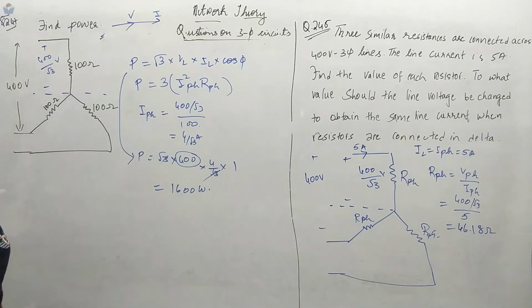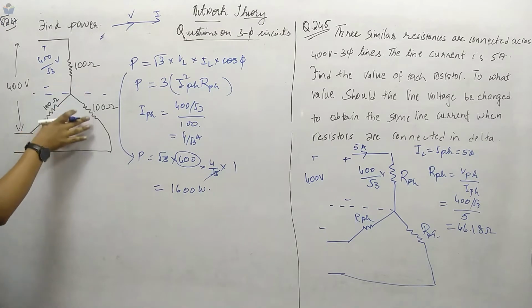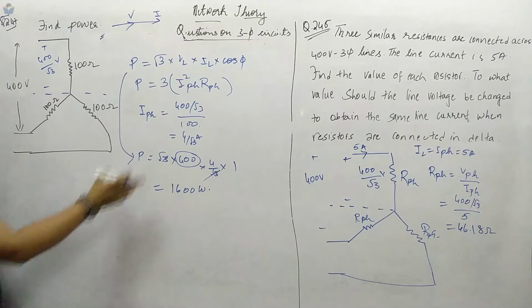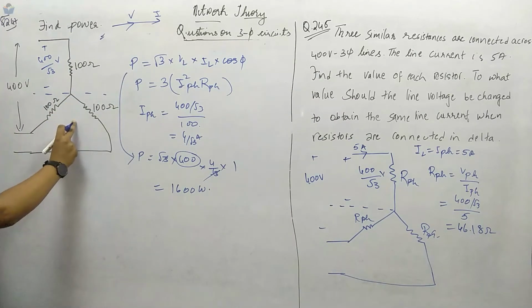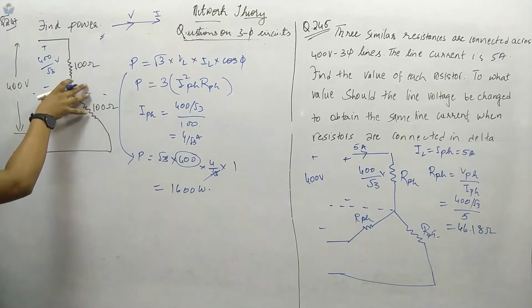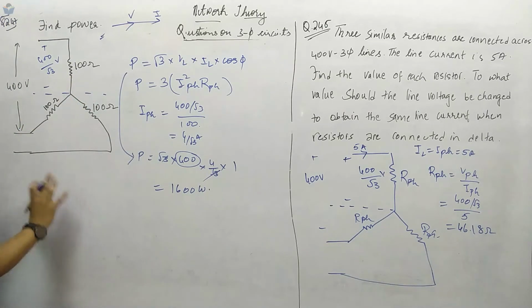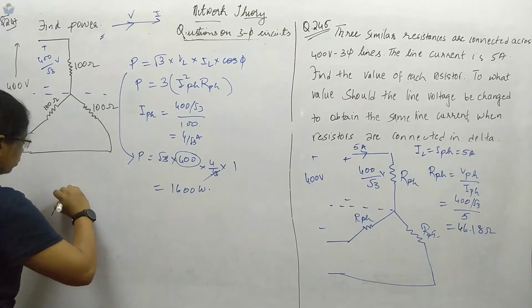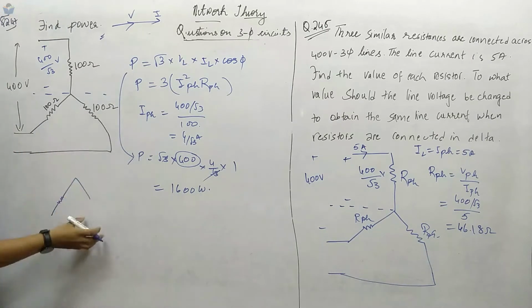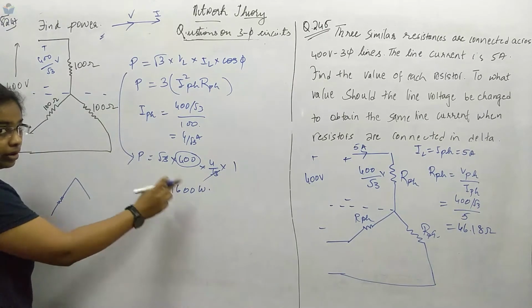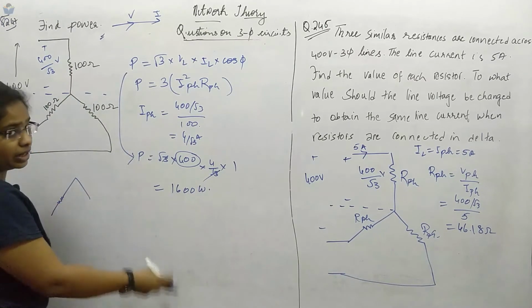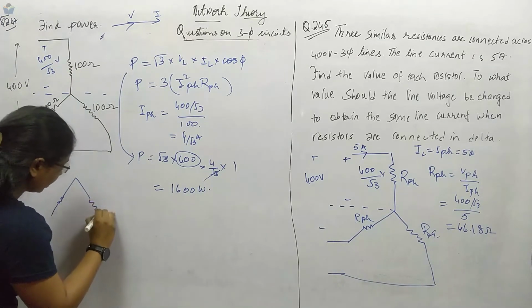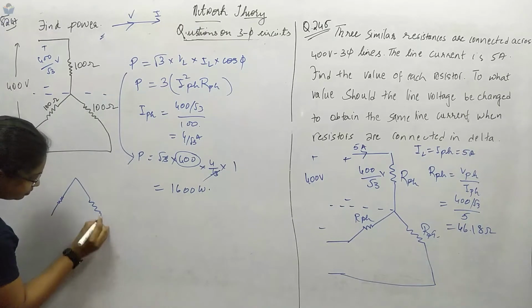Now there is one more thing that you have to find here. We will extend this one. Same value resistors are connected in delta, then what will be the power? So we are not making a star to delta conversion, but we are taking the same value of resistors connected in delta. If you convert this circuit to delta, then the values of the resistors will be different, so do not get confused with that part.